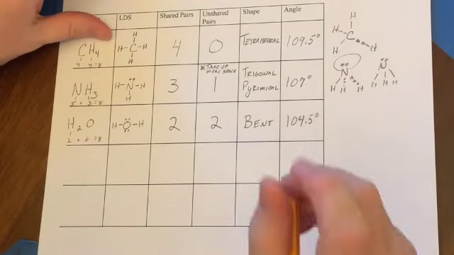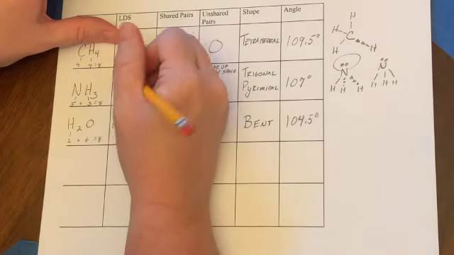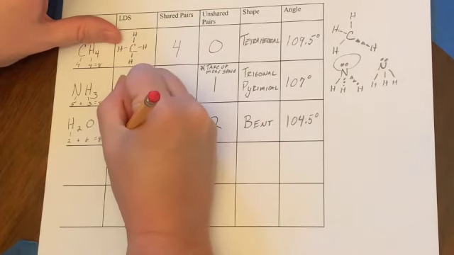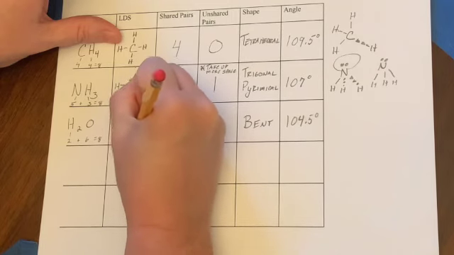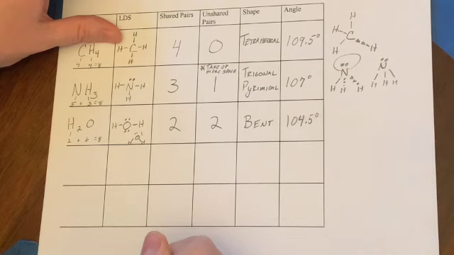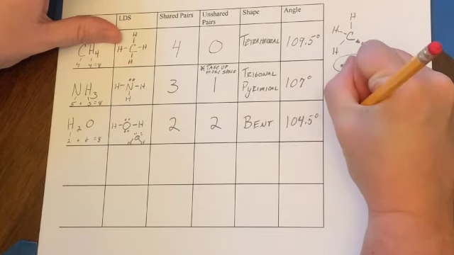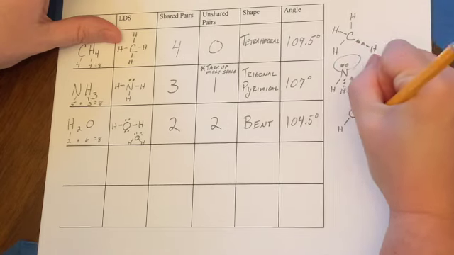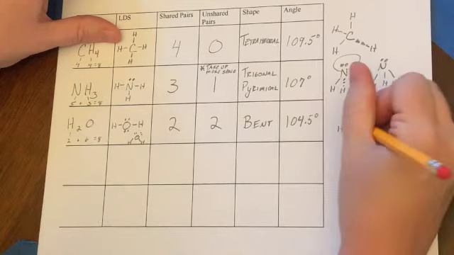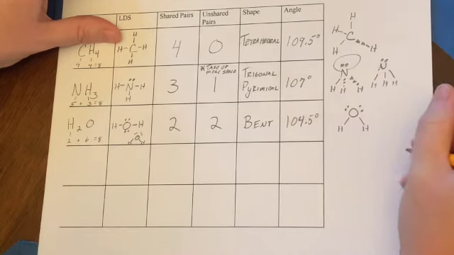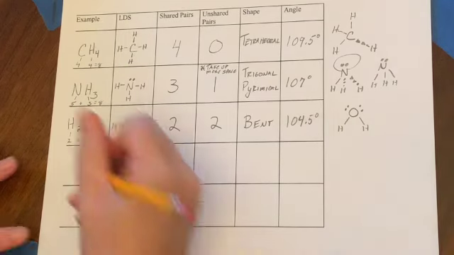How we should always draw water, and this is really important, I'm even going to draw it over here so you remember, all right, is to show this bent structure. I should have given myself more room. We always draw it, and you should remember this from biology, as a bent molecule. I'm going to draw that bigger over here. All right, so we've got our oxygen, hydrogen, hydrogen, to remind us that this is not a linear molecule, this is a bent molecule, and that is for water. All right, next example is